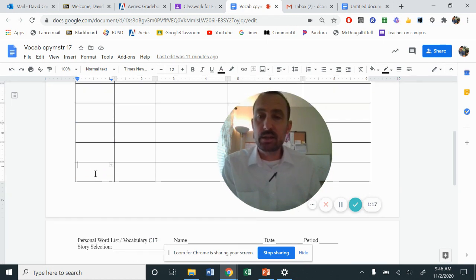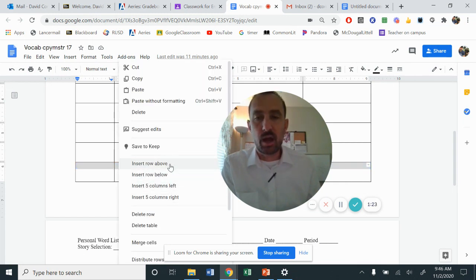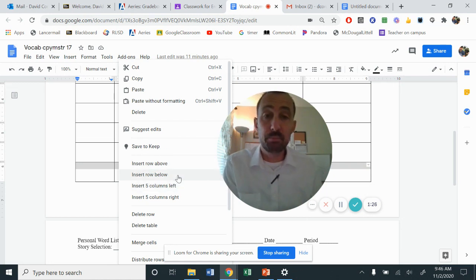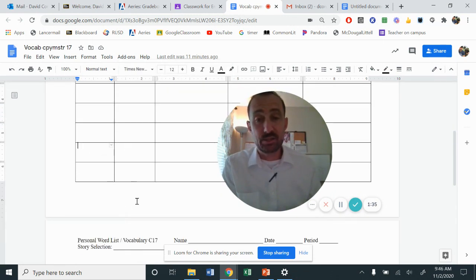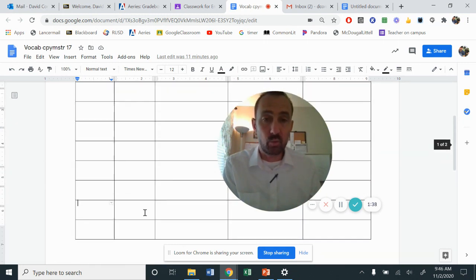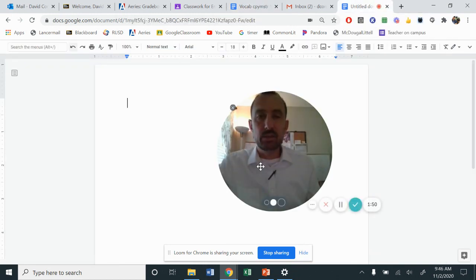What that looks like is, you can highlight the row, and if you right click, there's an option to insert row above or insert row below. You can do that to add in the words. So you will fill up this first page and then add additional rows to get to that second page as well. Okay, so you have this document up in front of you. I'm going to begin to type on just a blank document so that you can see things well. And again, please take the time to pause, go back, fill it in, make sure that things are done, and then I'll move us on to the next task.